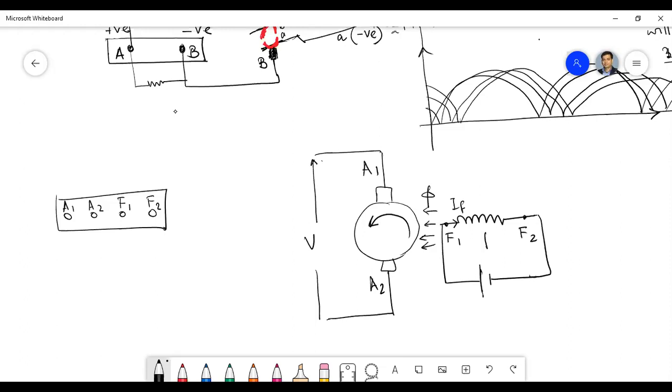Okay, is that clear? So that means we need two coils, one for producing the magnetic field, which is called the field coil, and this is called the armature coil. The armature coil doesn't look exactly like a coil anymore, because there the voltage is actually getting induced. So this is called the armature coil, and these two are the symbol of the brush.